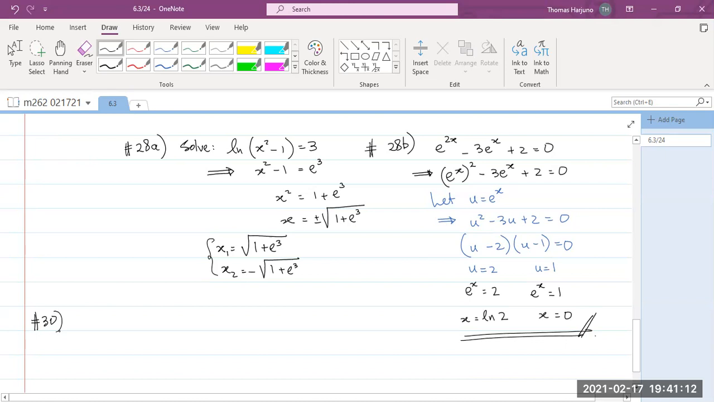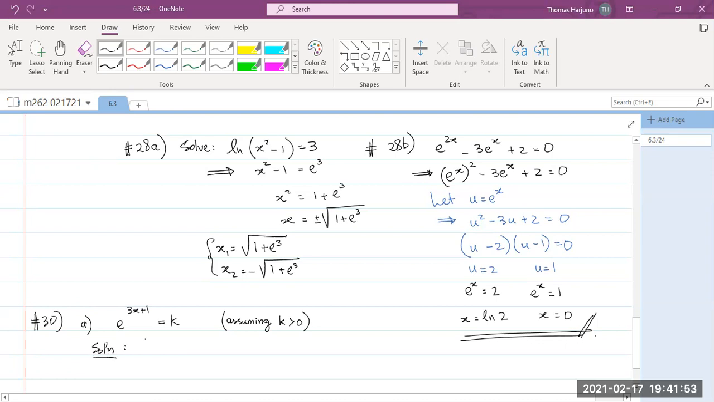Number 30A, solve for x. e to the 3x plus 1 equals k. Now, assuming k is positive, because the range of e to any power is positive, right? So assuming k is strictly positive. If k is 0 or negative, then there's no solution. But if k is positive,